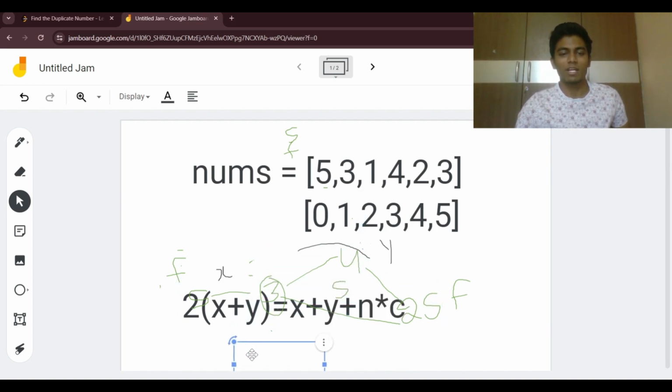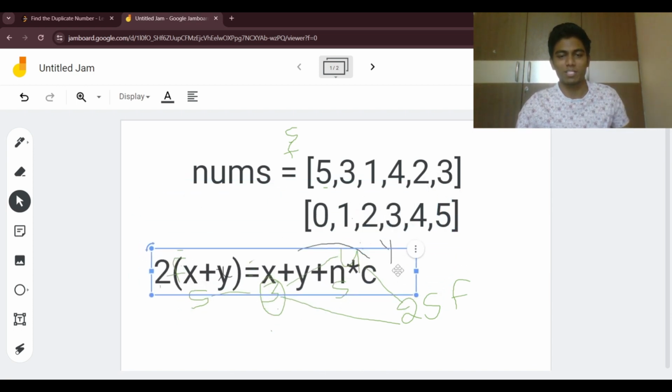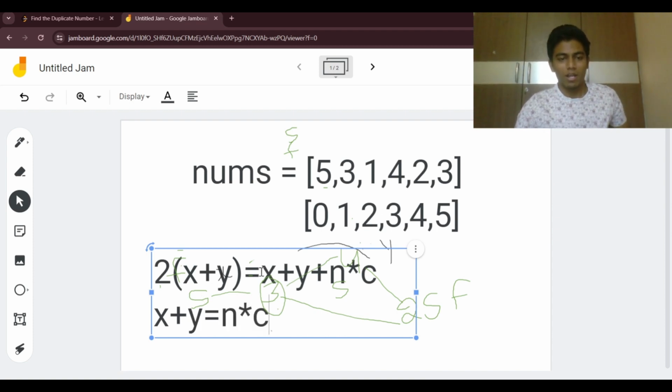Suppose we take this particular example where we have x into 2 into x plus y equal to x plus y into n into c, then it is going to get like x plus y equal to n and then c. Now if I want to get back to the start of the cycle,